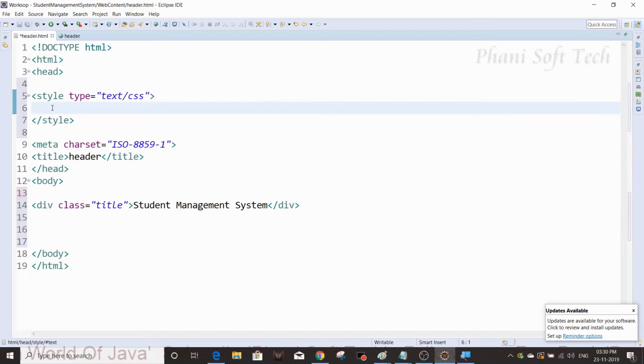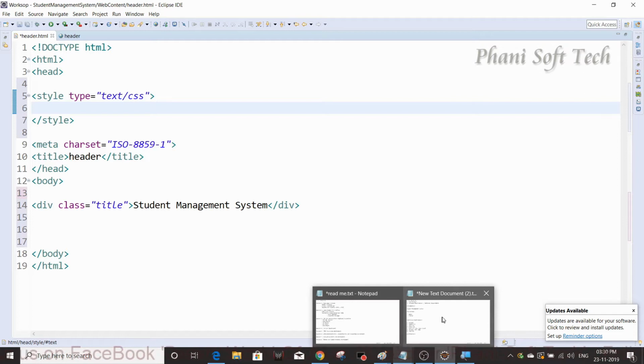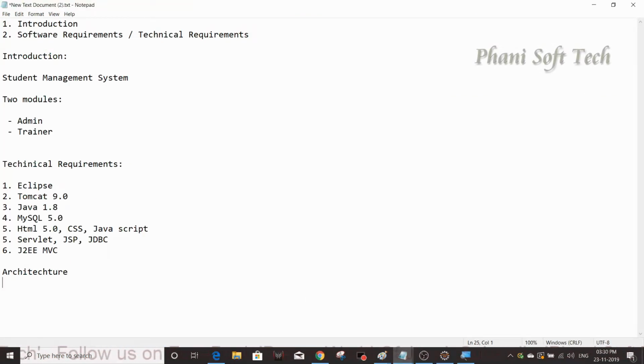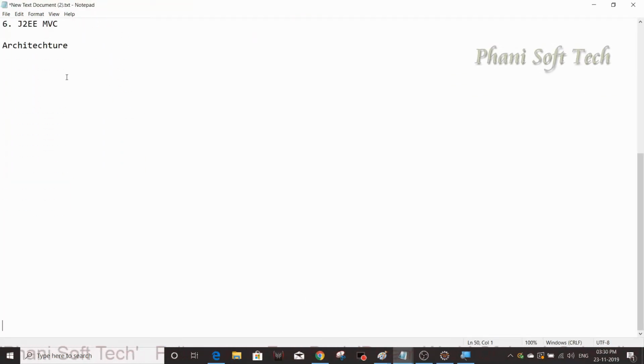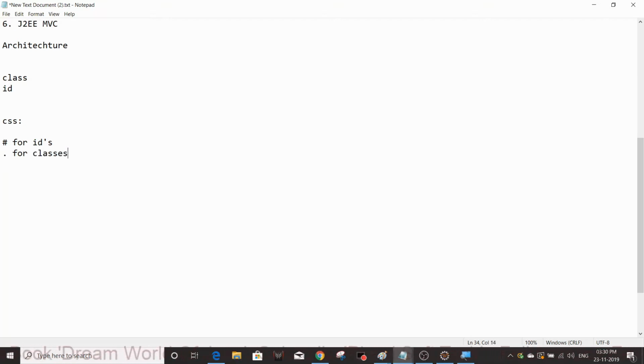Under the styles section, make sure guys, in HTML we have class type of elements, and id. We are giving these two attributes for reference. How do we get these two attributes in CSS? In CSS we use hash for ids and dot for classes.